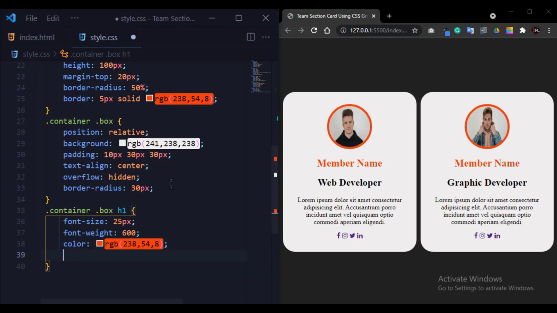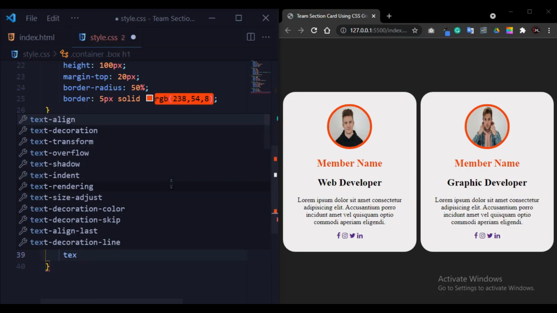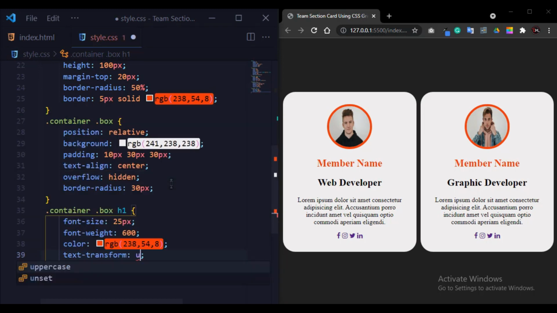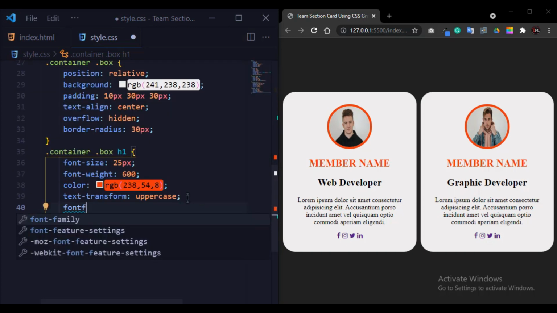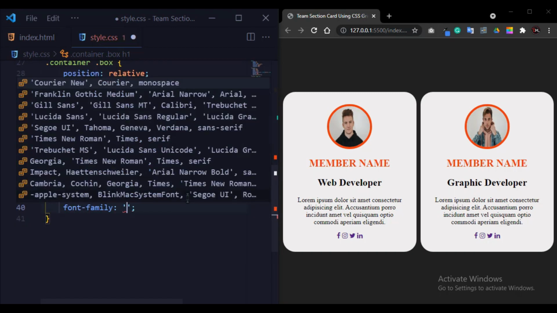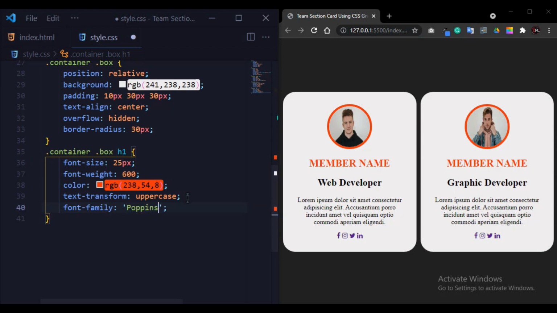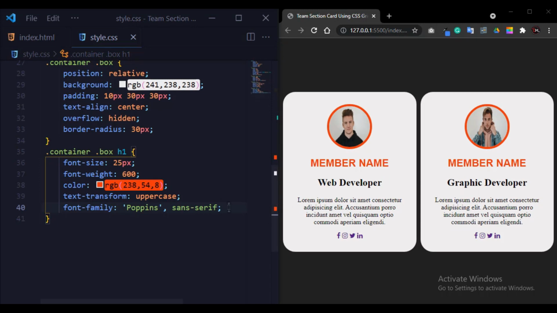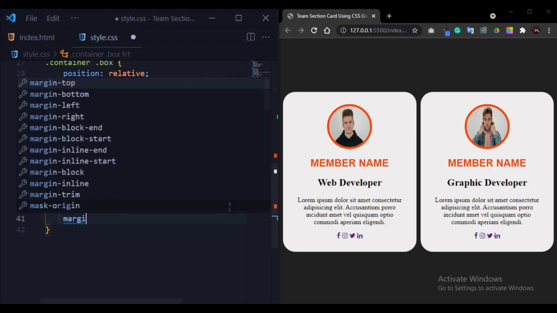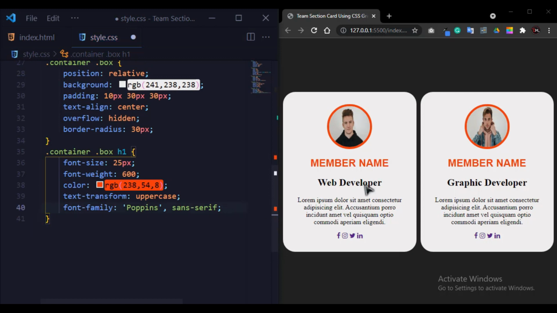Okay, so now text transform uppercase. Also change the font family, Poppins, sans-serif. Oh, it looks great. Now margin, give some margin. So I think not margin, no, already there is a gap between the image and the text.